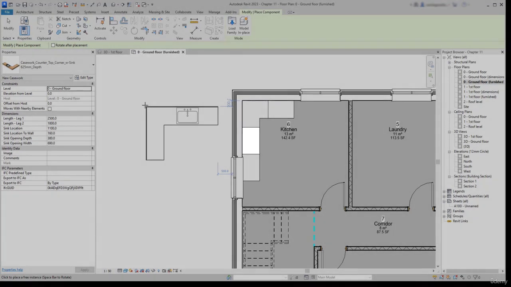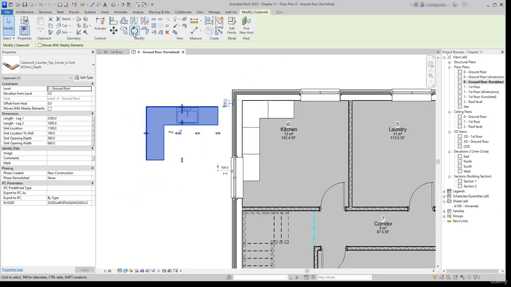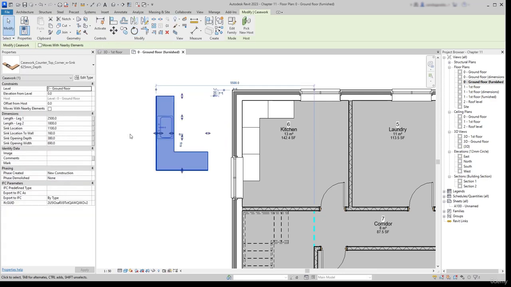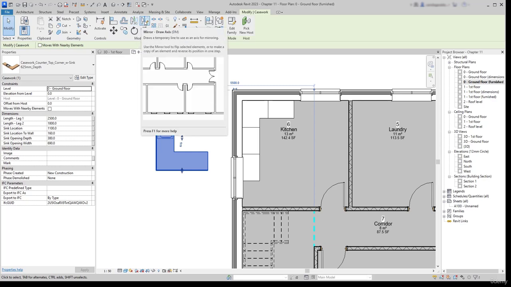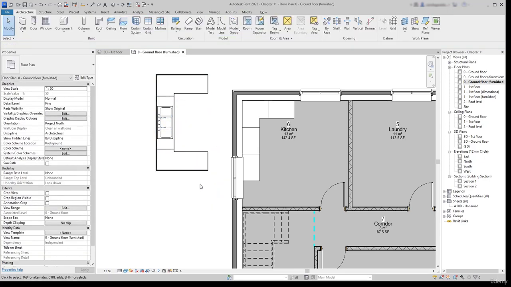But don't worry, because we can use some tools at the Modify panel to fix this. First, I need the Rotate command. Click now to enter the Rotate ray, and then move to the left with an angle of 90 degrees. After, I need to use the mirror command with the option Draw Axis. It's simple. I'm going to draw an axis and the element will mirror to the other side of the line. Great. Now I need to erase the former element